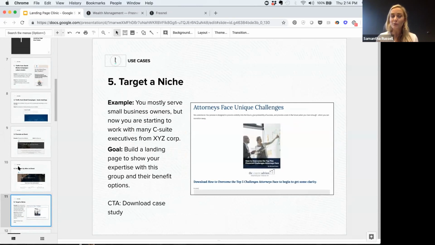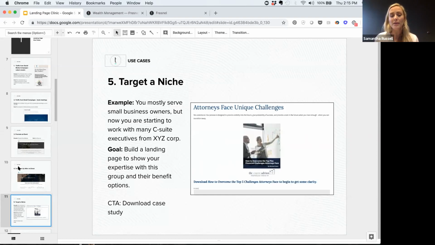But I understand why you might not want to get so hyper-specific right on your homepage, or even in the clients you serve type of a thing, because you're scared of driving people away. You can use landing pages to be incredibly hyper-specific about a certain niche, to build that rapport, to showcase your expertise. So what do I mean by that?